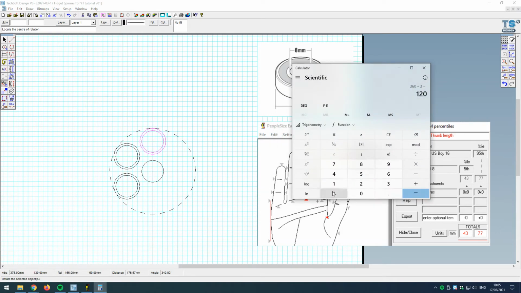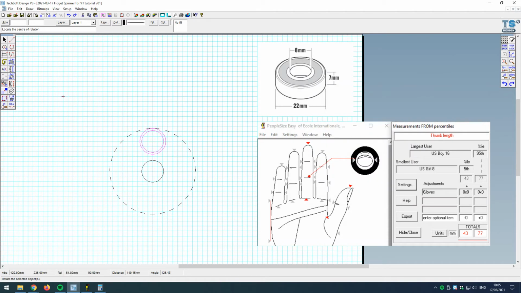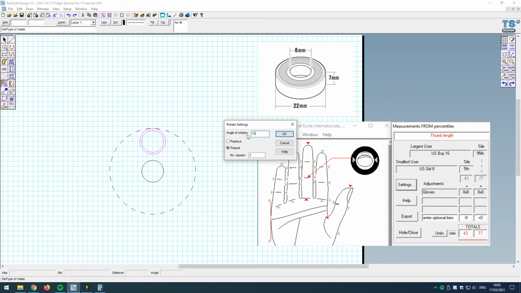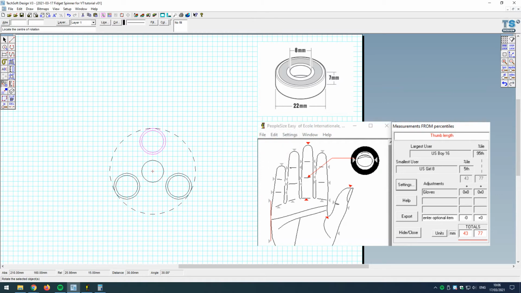Hang on a second. That was complete rubbish. I got 120, and look what I put into my settings. I put into my settings 60 degrees. That was complete rubbish. 120 degrees rotation. Let's try that again. There we go. I wasn't checking my settings, was I? So those are the positions of my bearings perfectly aligned around my central bearing and the center of the spinning